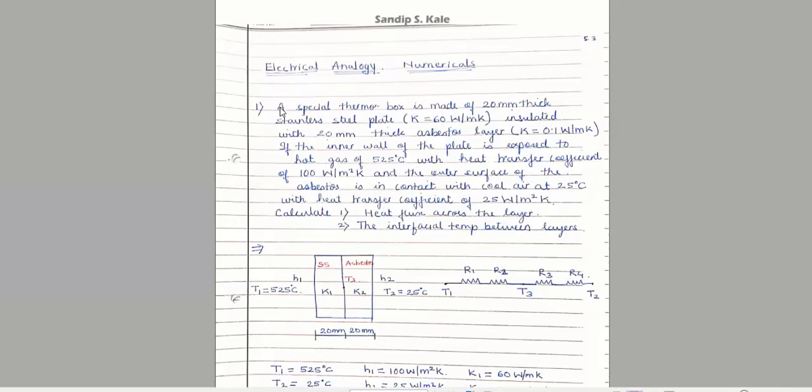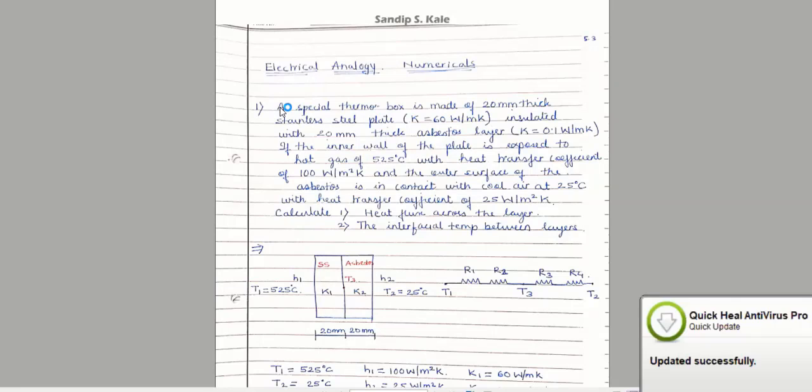Another very important point is that the numericals are vast, in the sense that there is a variety of numericals. Only if the theoretical concepts are very clear will you find the numericals very easy. Otherwise, if your theory concepts are not clear, you can still go for the numericals, but there will be some difficulties. So my first request is to go through the theory part, and then go for the numerical part.